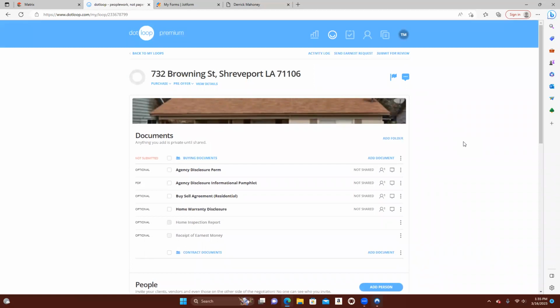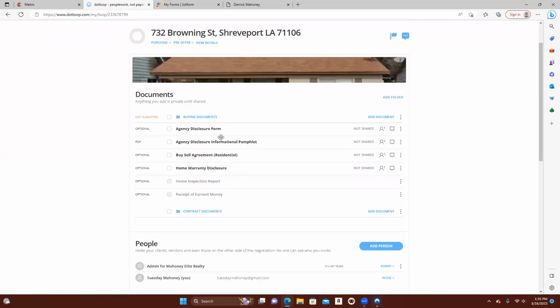Okay, here we are. We're inside of our loop for 732 Brownie. We see that it's a purchase, it's a pre-offer, and we can view details. So this is where you can make changes as you go along, if there are any changes to this property. The most important thing that I want you to get familiar with is because we chose a purchase, we have a buyer, then we're going to instantly have access to a checklist of documents that are required by LREC to complete in order to activate a purchase